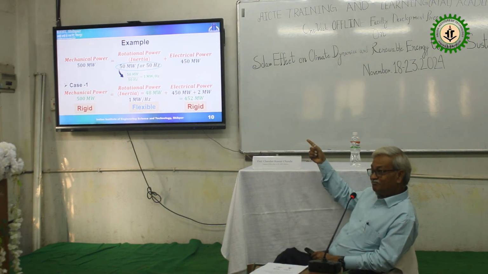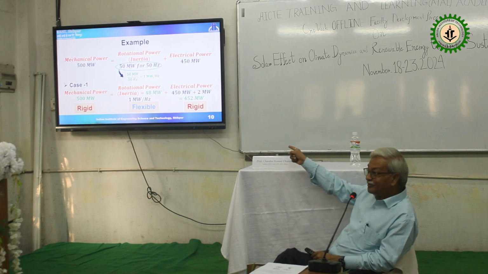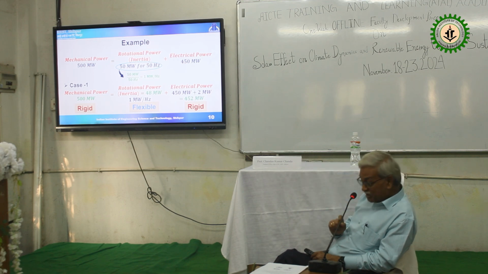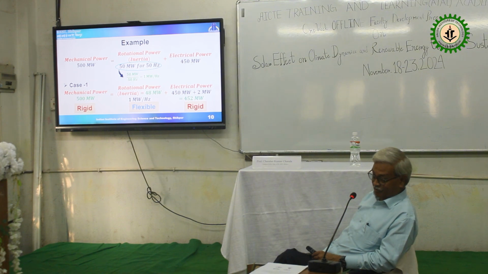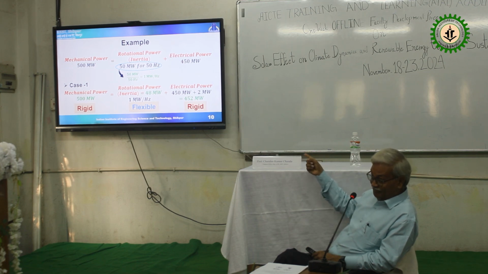Earlier, to generate 1 hertz, we needed 1 megawatt. Now that turbine is a very kind-hearted fellow, giving 2 megawatt on an instantaneous basis without even thinking. Take it, I am having the rotation, take this power from me. So 2 megawatt is pushed to that side without taking a millisecond. Now, what is the frequency now? 40 hertz. I told you, theoretically it's not possible, just for example's sake I have taken it.